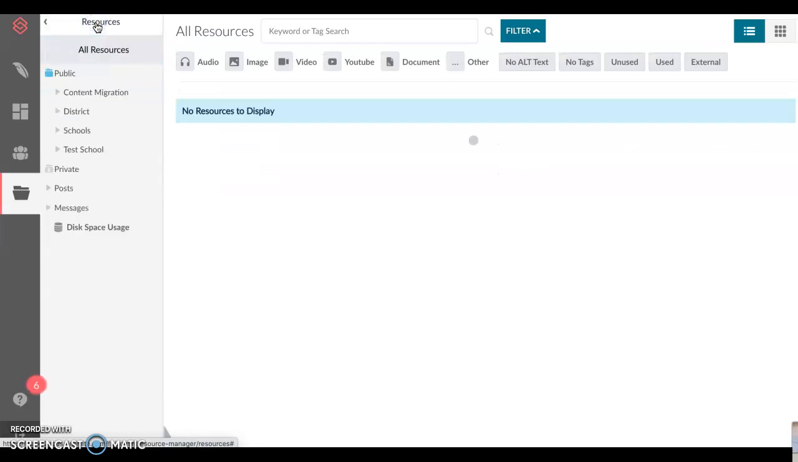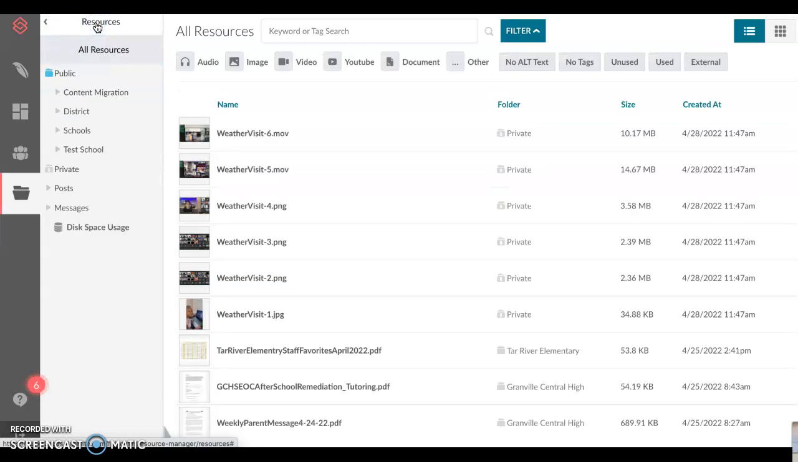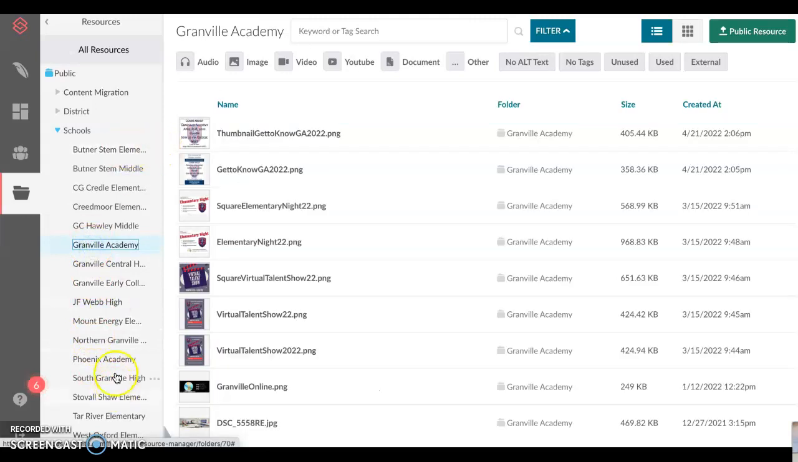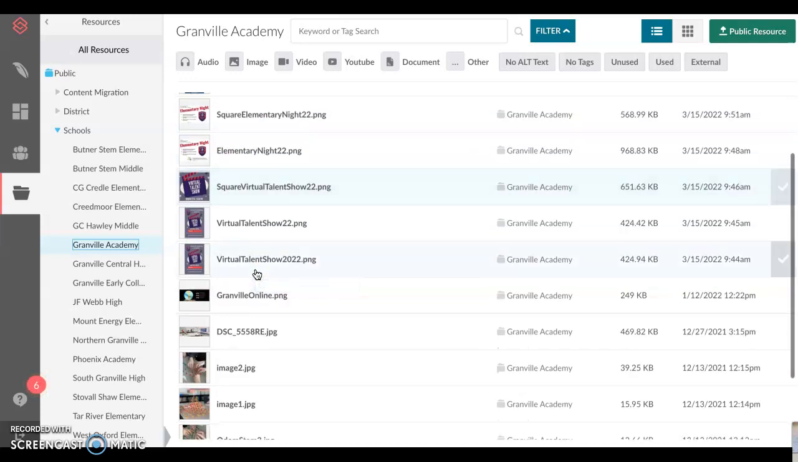Resources, however, are a group of folders. Resources are otherwise known as the back-end way to organize what we want to share on the website. So for resources, each school has their own folder. As a webmaster, if you are a teacher at Butner STEM or the webmaster at Butner STEM Elementary, you will have access to that resource folder. So when I access the folder for Granville Academy, I can see here all of the images, files, videos that will be uploaded to post on that particular